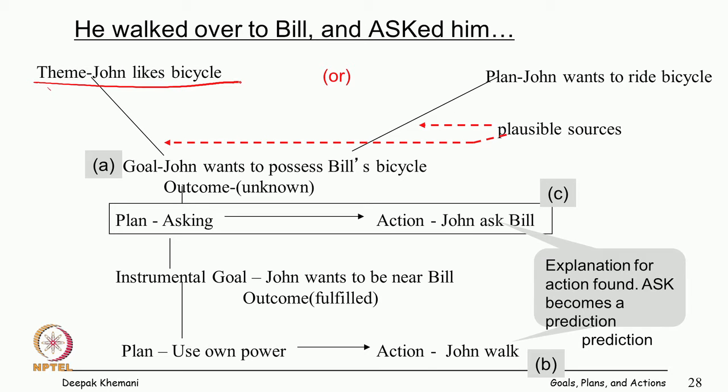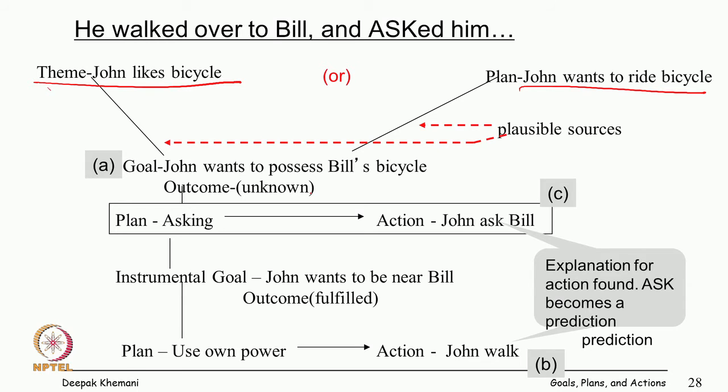So, why does he want it? We first heard that John wants Bill's bicycle. Then how do you explain this sentence, that either he likes bicycles or he wants to ride the bicycle. So, we had seen that PAM has one of the rules that if somebody wants an object, they probably want it for something that it is used for essentially. So, we have explained why he wants the bicycle, but we do not know what has happened to the story, and then